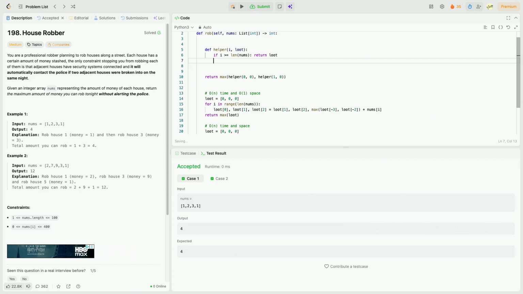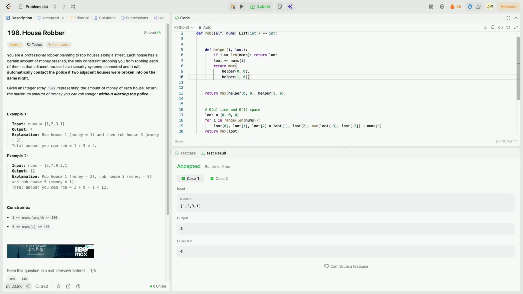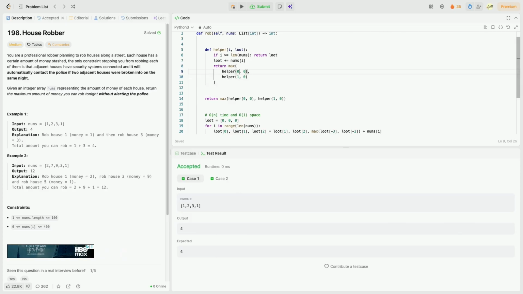Now, if that is not the case, we can actually visit the current house at position i, and we can increase our loot. So we say nums at position i. And what we have to do now as well, now we have two choices again, the same choice that we have when we started entering the recursive function. We're just going to return the maximum between calling the helper from the current position plus 2, so we're jumping over one house, or plus 3, where we jump over 2 houses. And we're always going to pass in our current loot. So what this will do,